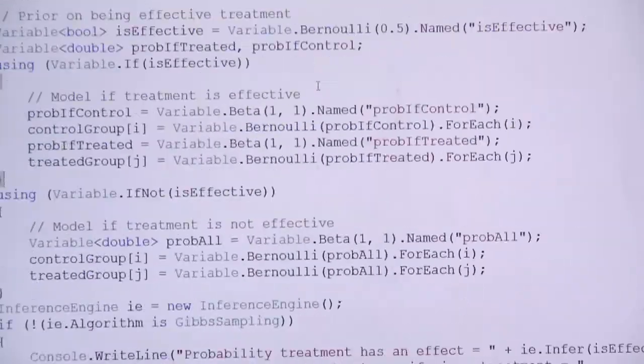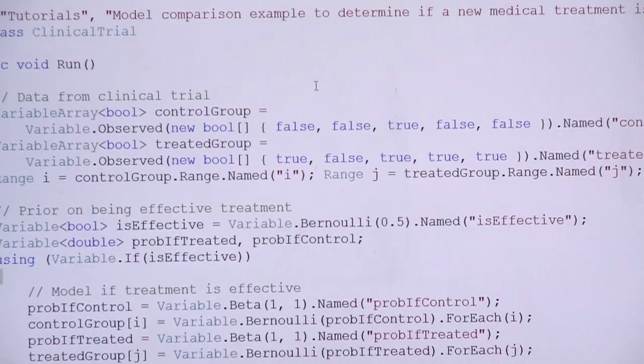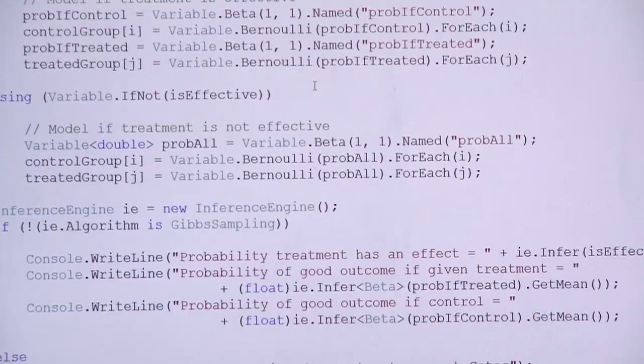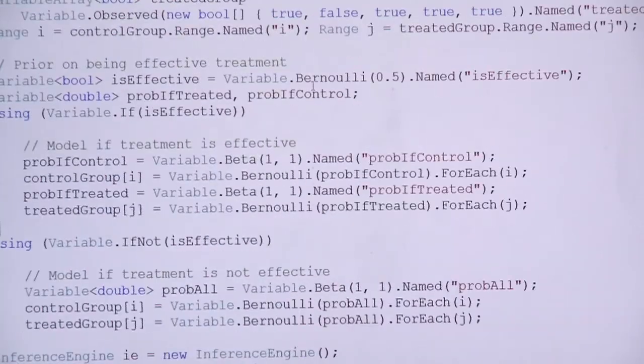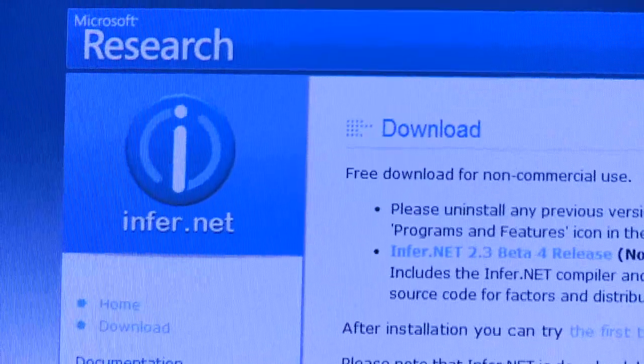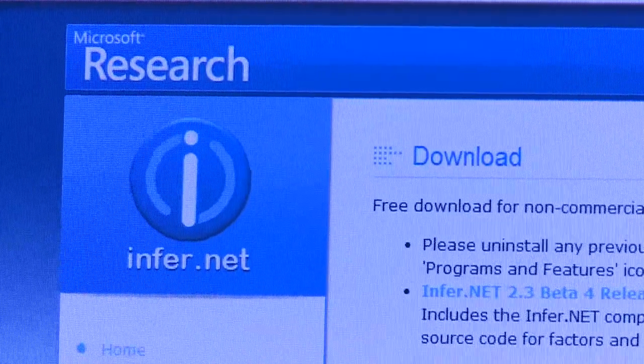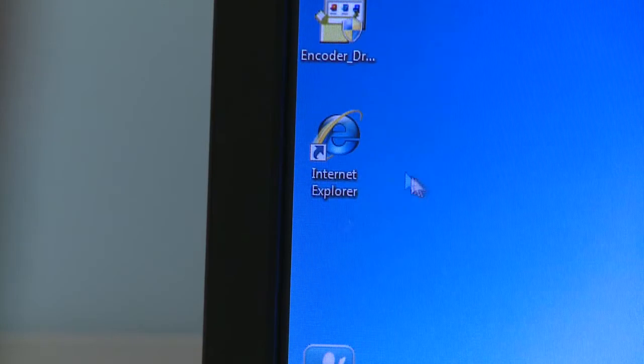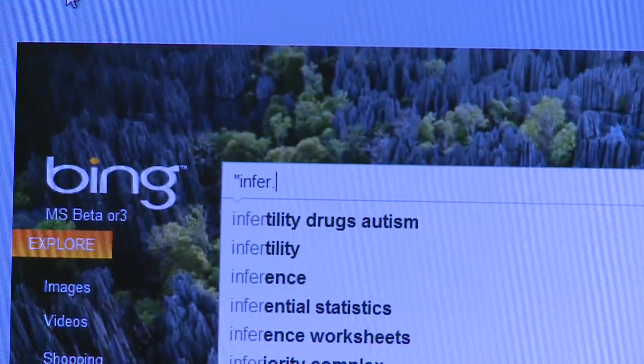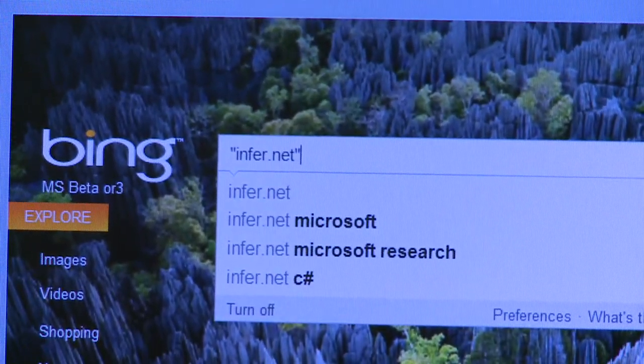Problems where there's lots of uncertain and complex data are getting increasingly common. So here at Microsoft Research, we've developed a framework called Infer.net. It makes it really easy to write programs to learn from and work with uncertain data. And when you combine huge amounts of data with these latest machine learning techniques, we can make some really exciting applications. So if we have the data of people using a search engine, then we can make their searches more